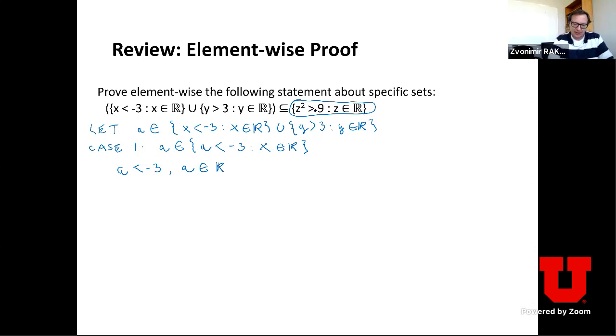And this is a little bit tricky in this proof. There are much easier proofs, but I wanted to do a harder one to show you how we will go about this. So if a is less than -3, then we know that